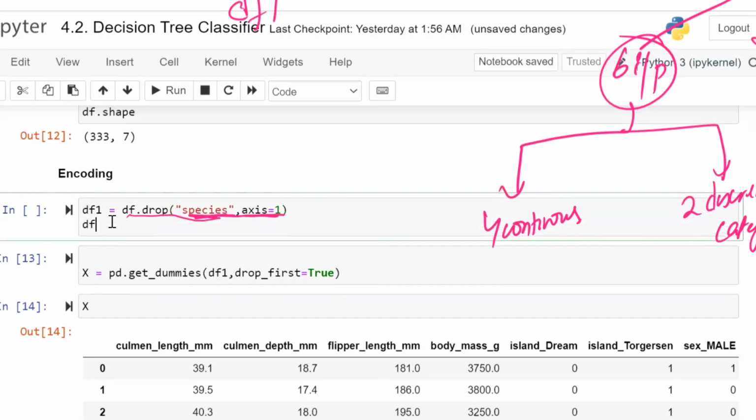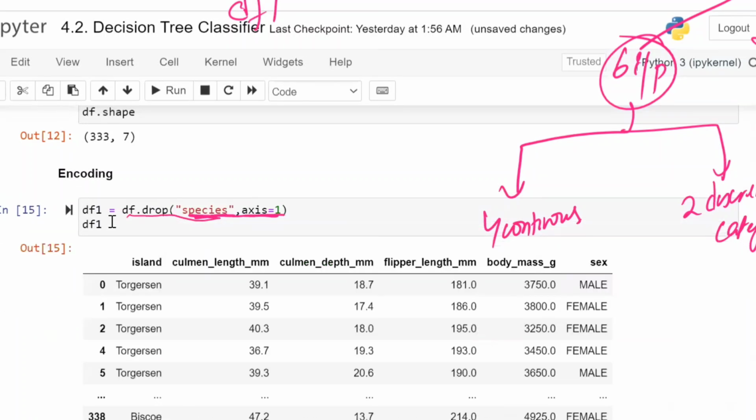Okay, df1, right, in the df1. Now you have the input variables with respect to that output variable. Apart from the output variable, everything you are considering and you are creating df1. Now this is your input data. If you are interested, you can write it as raw input, raw data, or clean data, or input, whatever name you select as per your choice.